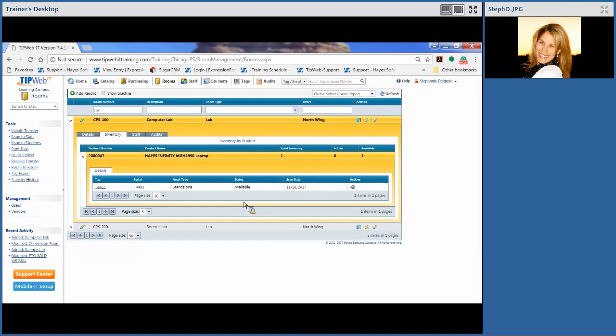Yeah, I definitely highly recommend going to some training. We just went through a major training session. There is potential for some additional ones to come up, but in the interim, you can go to the Learning Hub and search for the keyword TIPWeb-IT, because TIPWeb-IT is for assets. You have the capability to look at some basics videos, and if you review all of the videos and then you submit that to